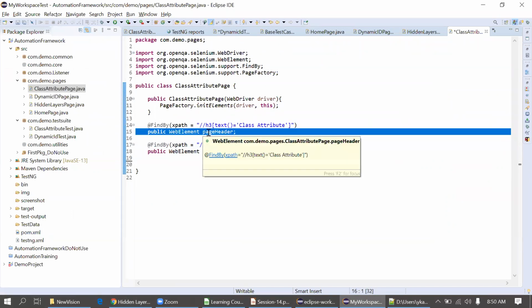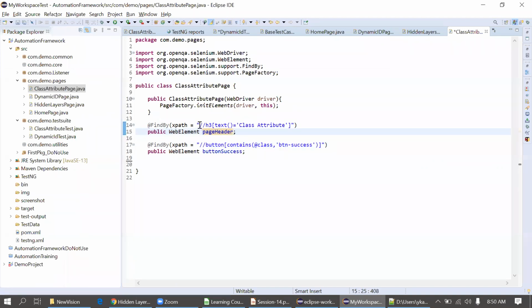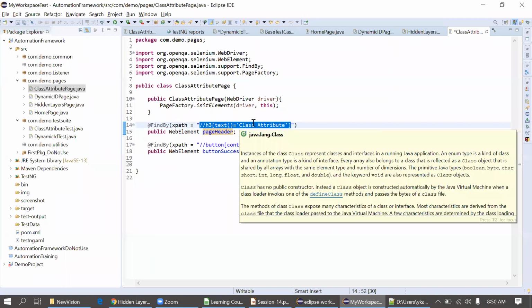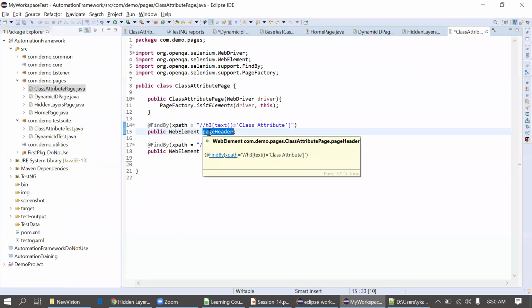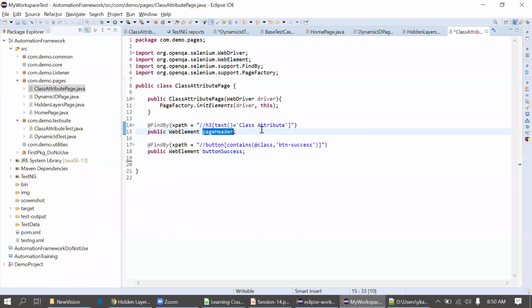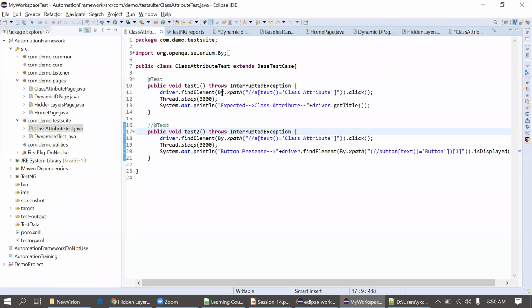This one. Yeah. Okay. So actually, we should know for which purpose we have created this XPath. There should be some identity, right? So this XPath is for the header. That's why I just provided the name page header. The name can be anything, so I just gave a meaningful name here. So we know, actually, I'm just going with the old code again. So we can see we are using the XPath, right? This is the XPath, but it doesn't have any name.